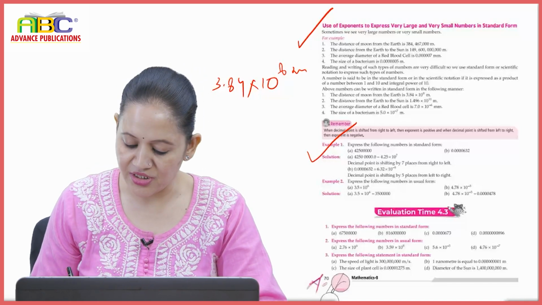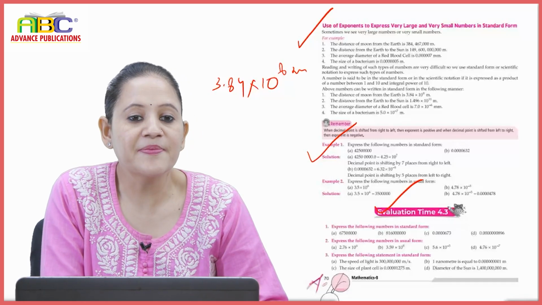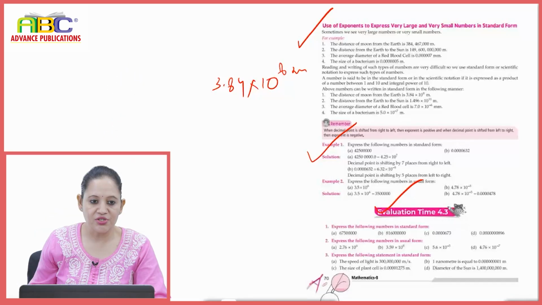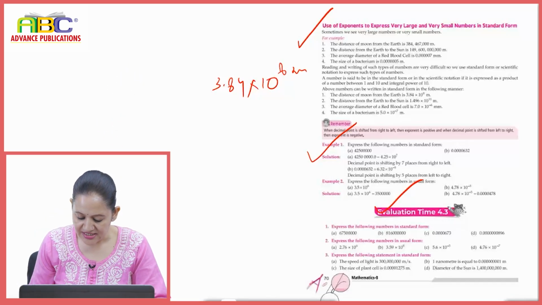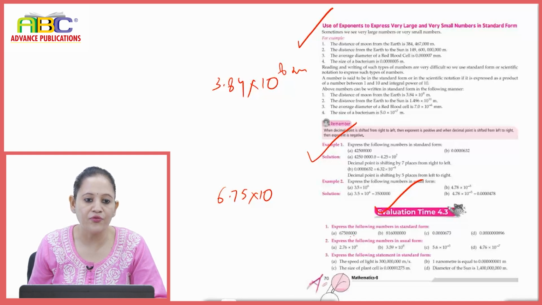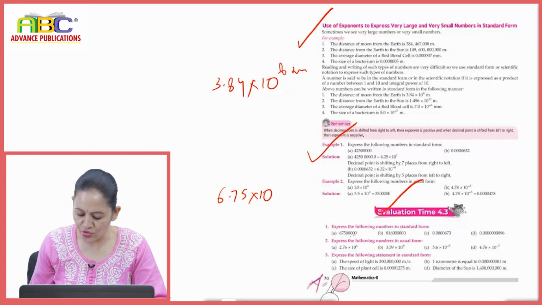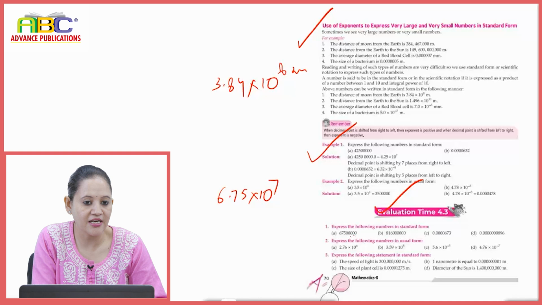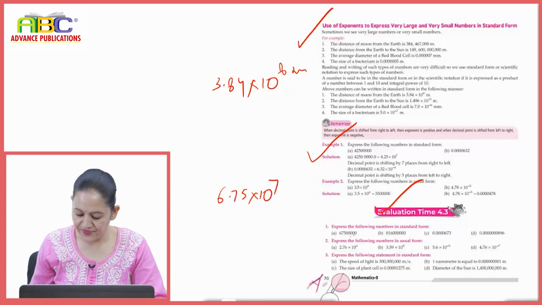Next, Evolution Time 4.3. Express the following numbers in standard form. So standard form में हम इसे लिखेंगे 6.75 into 10 to the power, 1 2 3 4 5. How many zeros are there? 1 2 3 4 5 and 2 और 6 7, इस तरीके से। क्लियर? नेक्स्ट, एक्सप्रेस द फॉलोइंग नंबर इन यूजुअल फॉर्म।